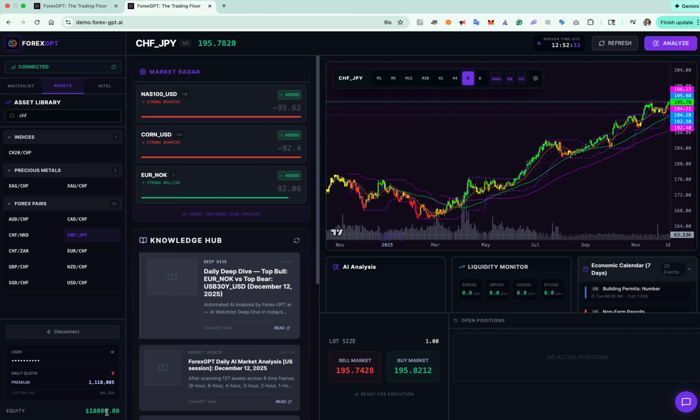Now the equity, this is just a demo account. You can place positions and they will be saved to your account when you log out and log back in. But these are demo trades, and again, right now the market's closed, but otherwise the P&L would update in real time, and if you close the trade with a profit or loss, it's going to reflect in your virtual balance here. What else? The lot size you cannot configure just yet for this,